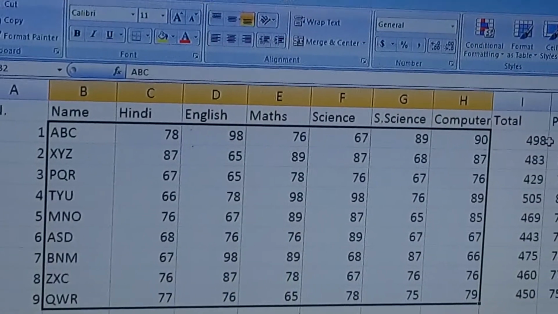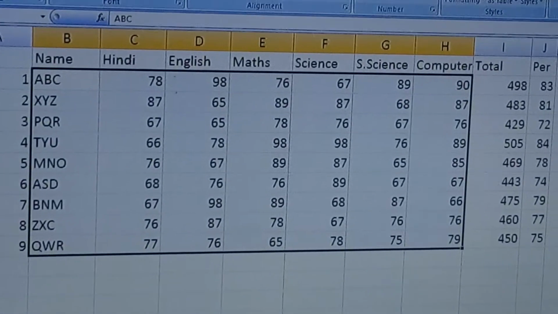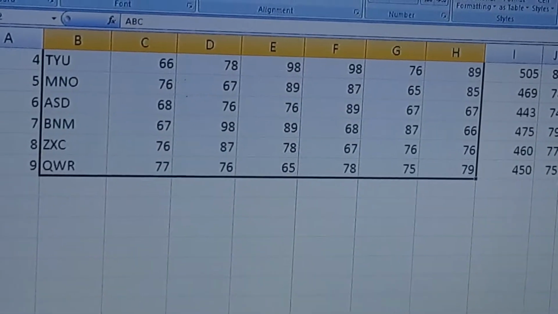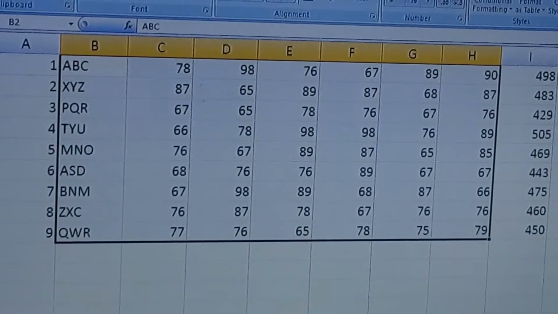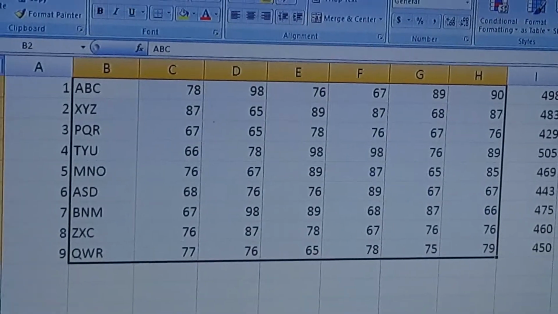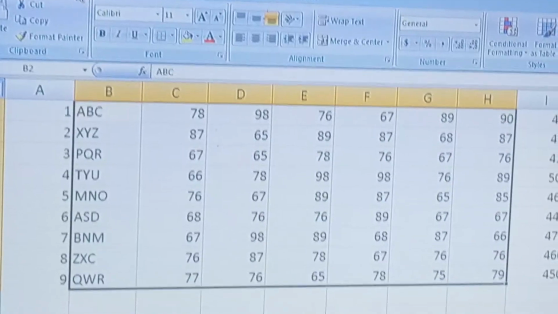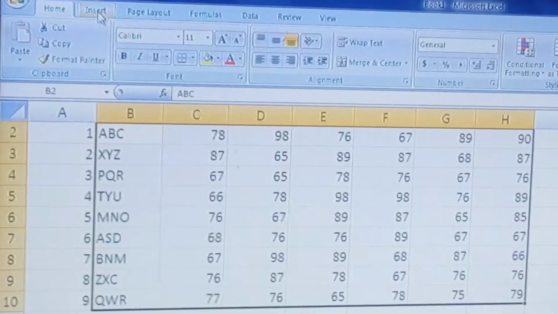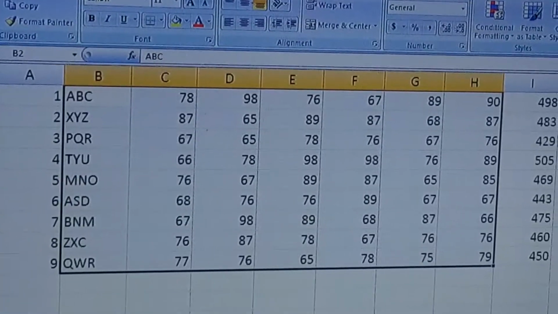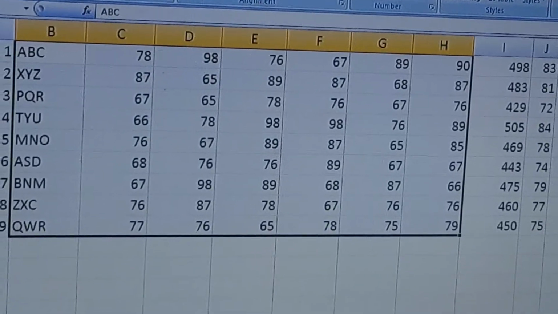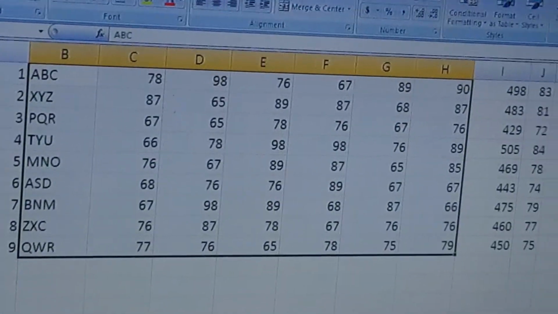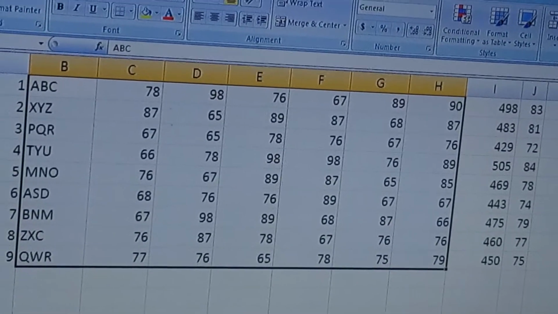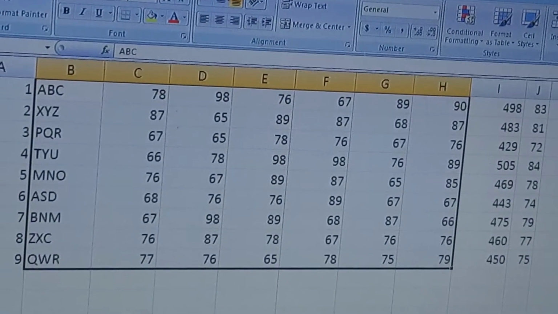So when we create a chart, there are some components of the chart we have to discuss. Now create a chart again. There are two methods of creating a chart. Number one is the embedded chart. What is the meaning of embedded chart? When a chart is created on that particular sheet in which the series is given. The other is the chart sheet.